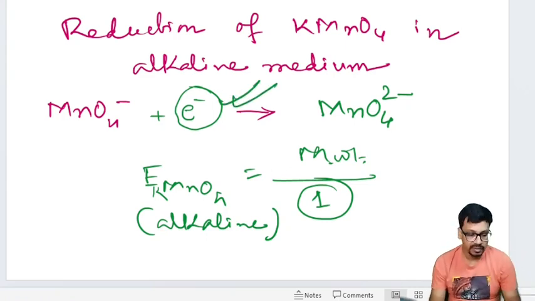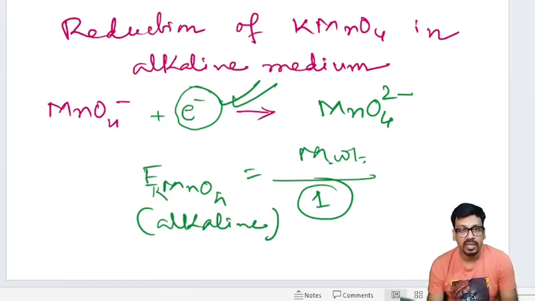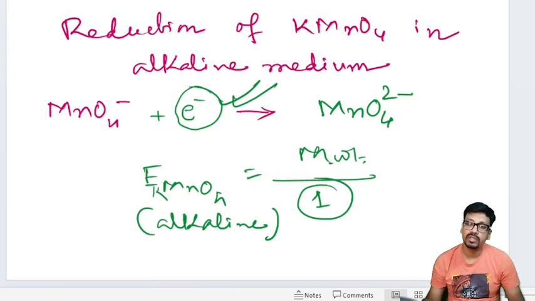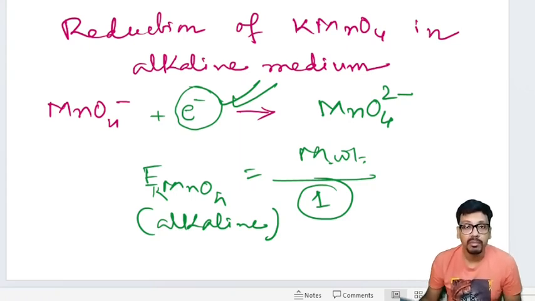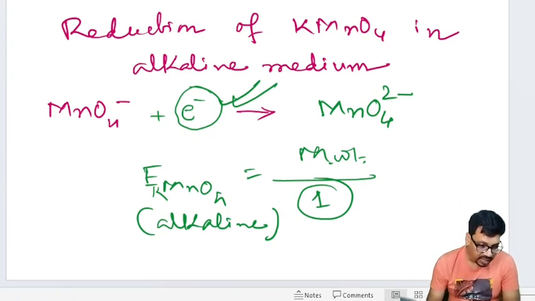So we can say that the reduction of KMnO4 depends on the medium of the solution, that is, on the reaction medium. In acidic medium we divide by 5, in neutral medium we divide by 3, and in alkaline medium we divide by 1. Clear? And the next one is